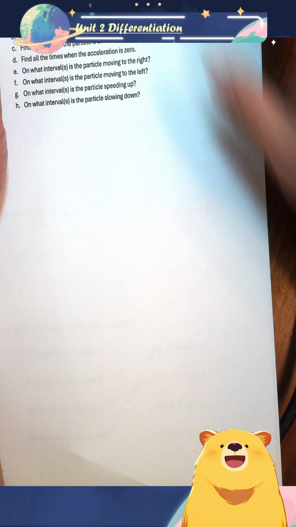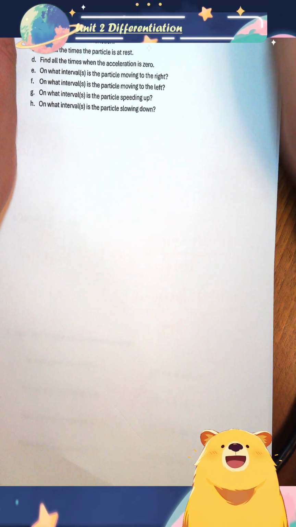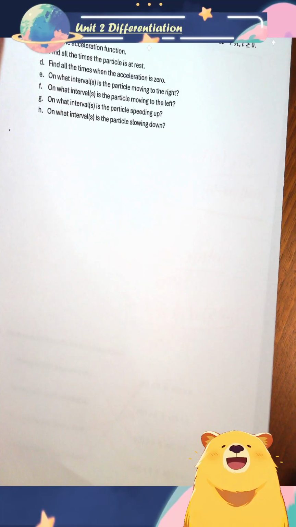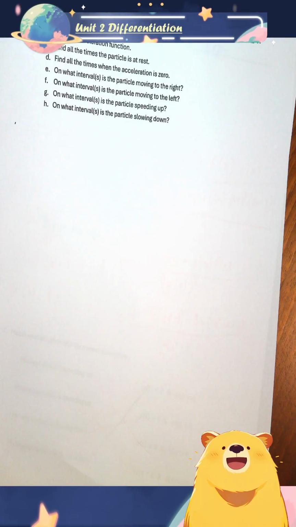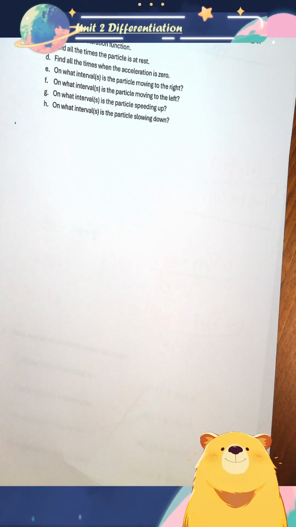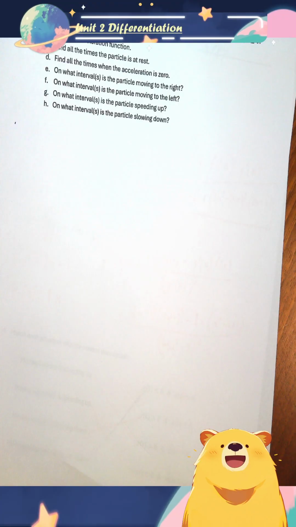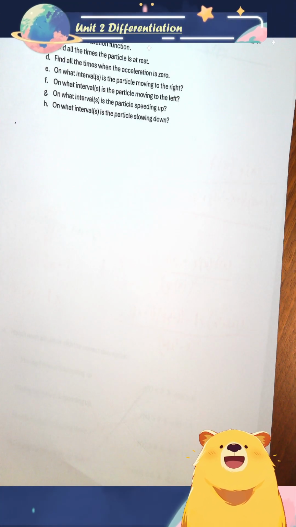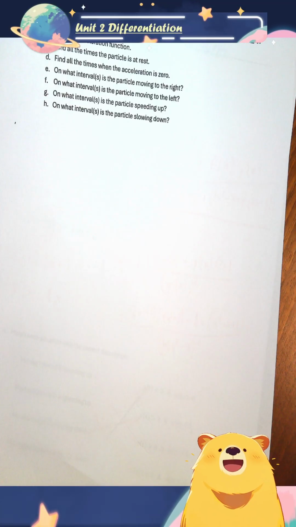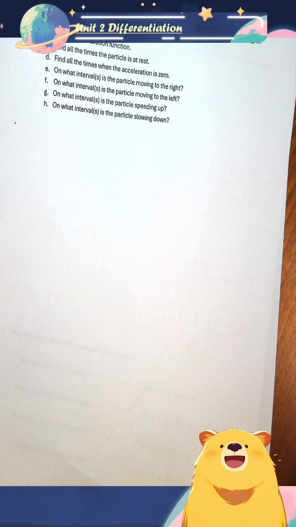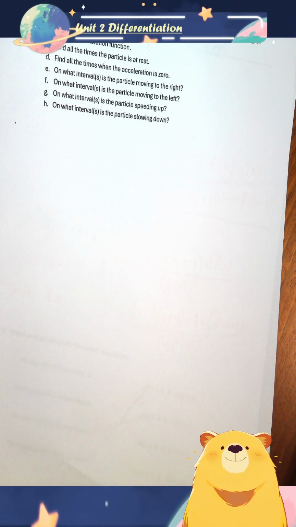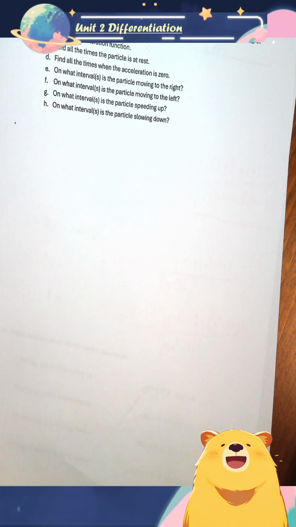A particle moves along a coordinate axis. Its position is given by s of t, which is equal to t cubed minus 6t squared plus 9t. A, find the velocity. B, find the acceleration. C, find all the times the particle is at rest. D, find all the times the acceleration is 0. E, F, G, and H